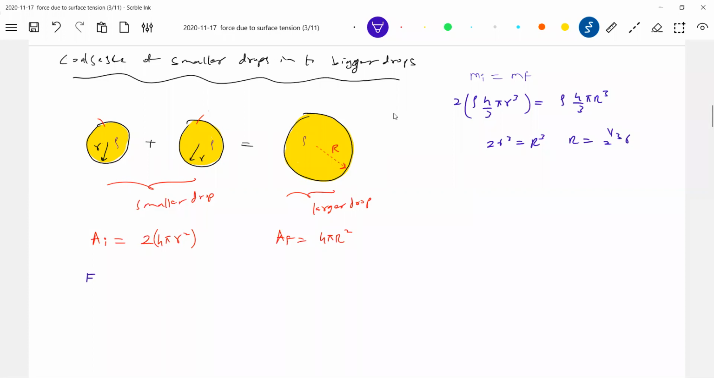So let's calculate the initial energy. Initial energy is equal to surface tension into AI. This will be 8 pi ST r square. Final energy is how much? ST into AF, so this should be equal to 4 pi ST into R square. We'll compare capital R with r square. So this will become how much? 2 to the power of